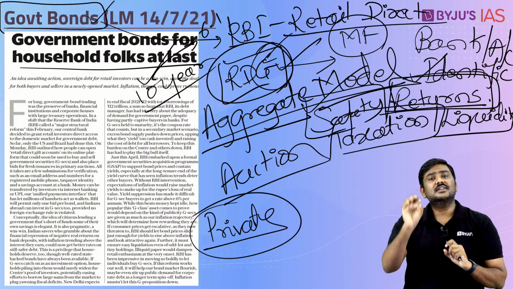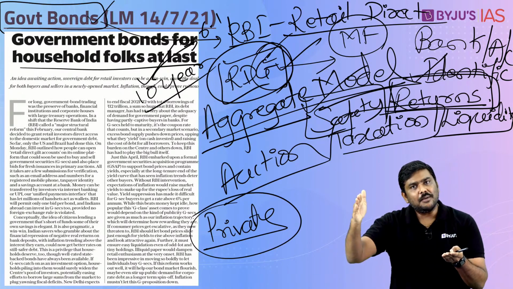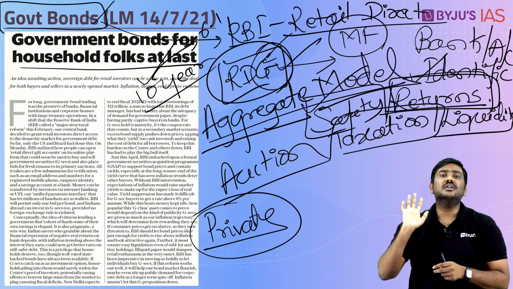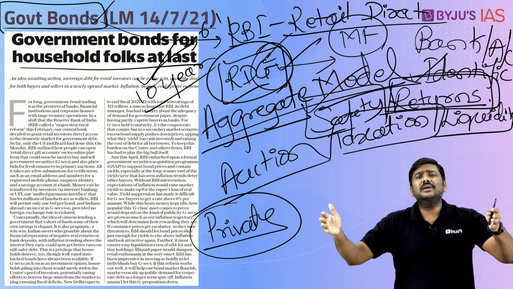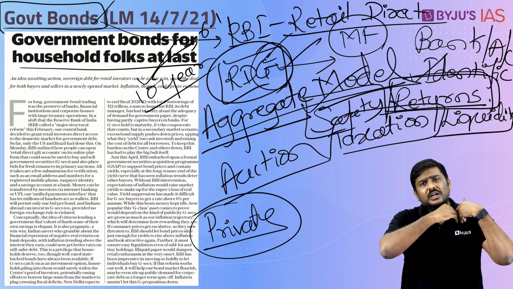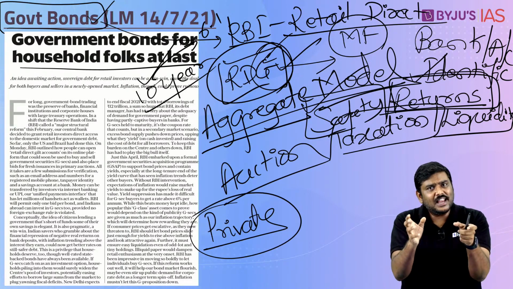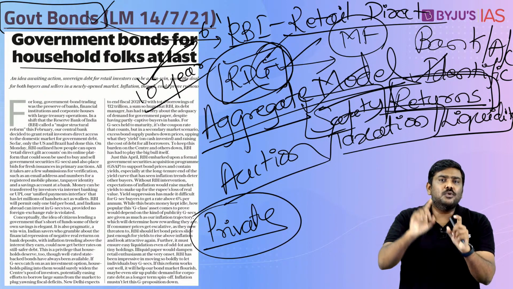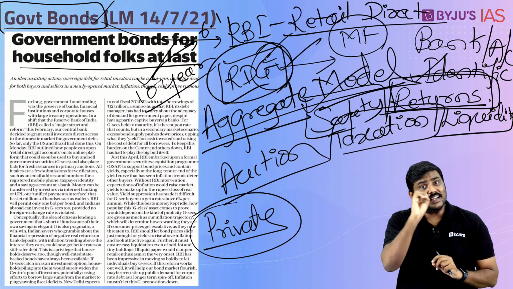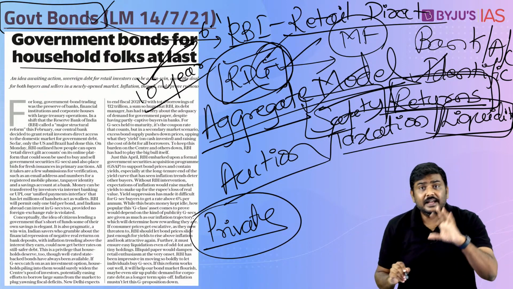And please understand this, government will simply say, as per your slab rate, I will impose the tax rate on these particular returns. That is, it will be part of your income, and whatever income tax you are supposed to pay based on the slab, even this particular income will be imposed with that particular tax rate. That is another concern. Fourth concern, liquidity.